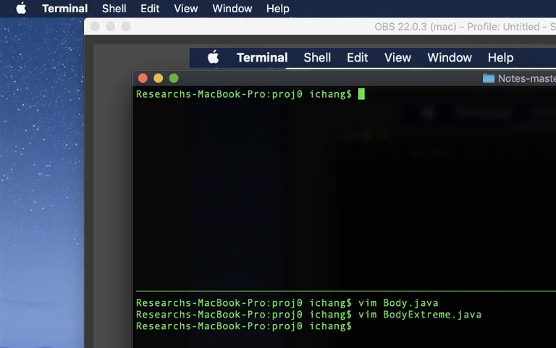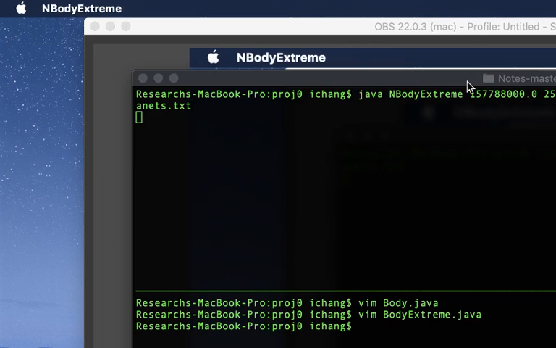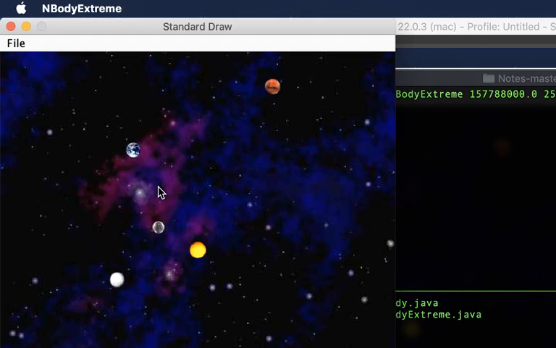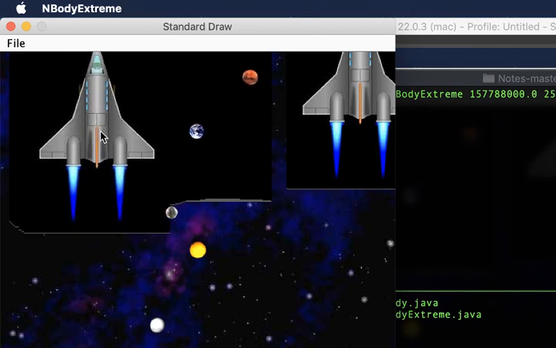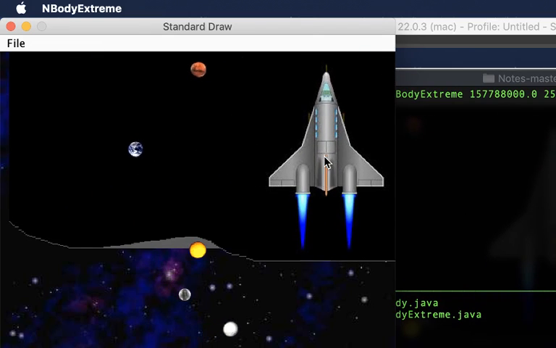Okay, this is my NBody project. So what I did was added planets, but then I looked up the StdDraw features. So now I have an NBody project that will overlap over the background, and you can draw anything with this